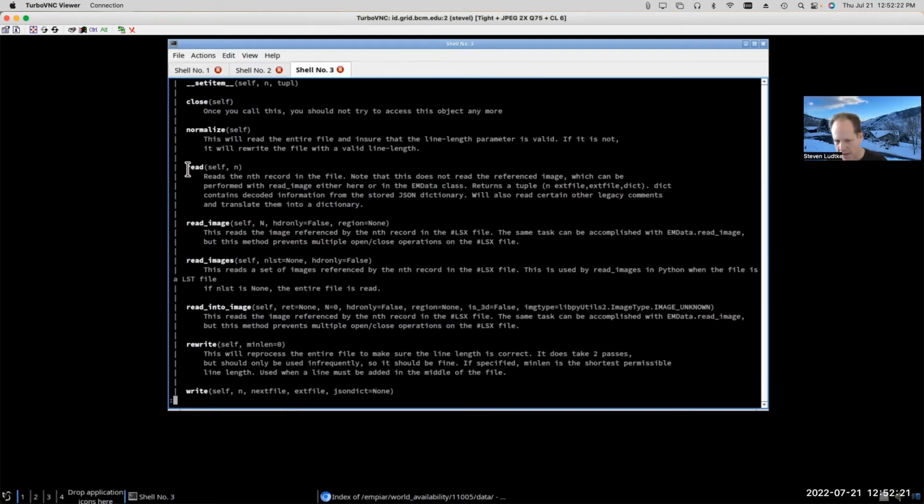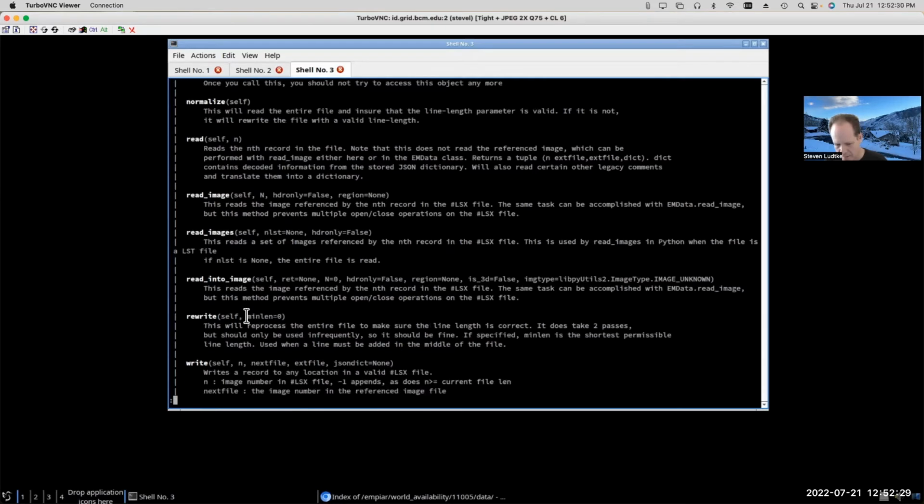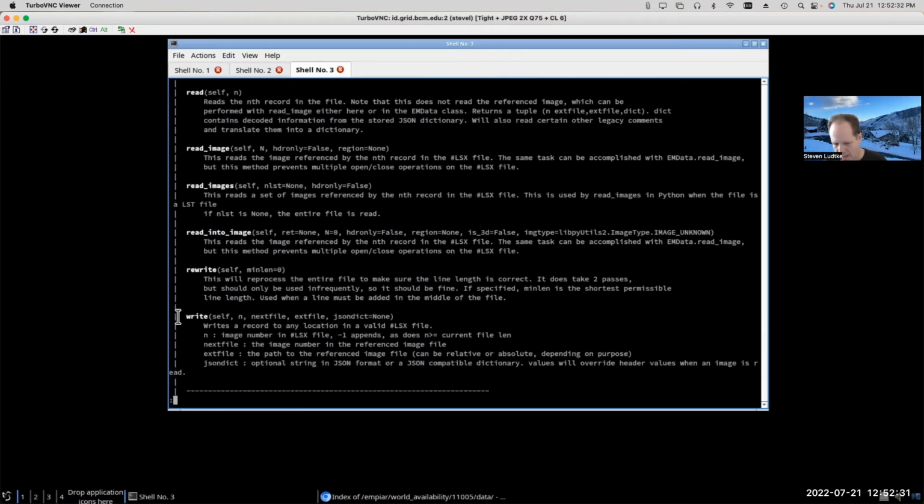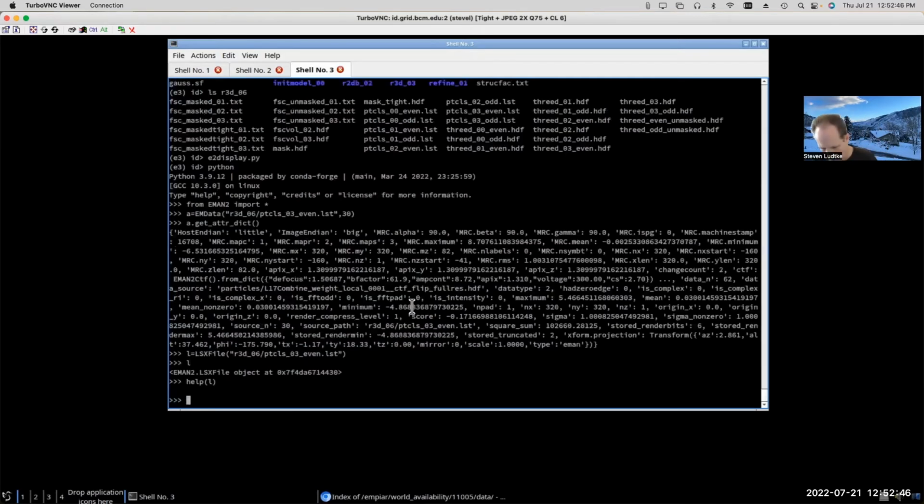So it has a read method, and it has a read image method, and a read images method, and a write method. So when we're doing a write here, we're not actually writing any image data. We're just writing information about the file name that contains the original image, the number of the file in the original image, and then we can also pass in this dictionary of additional metadata.